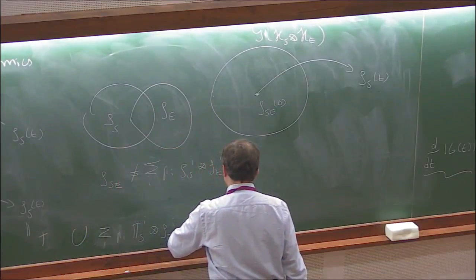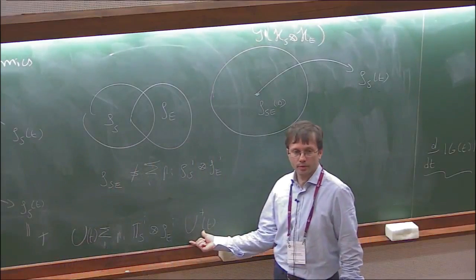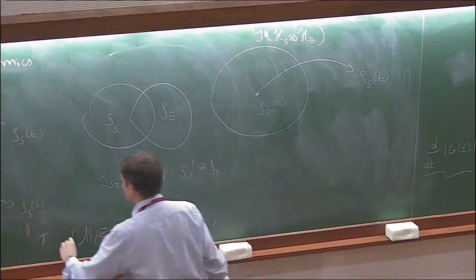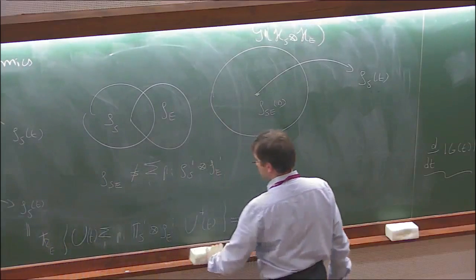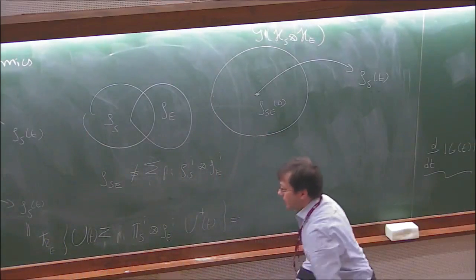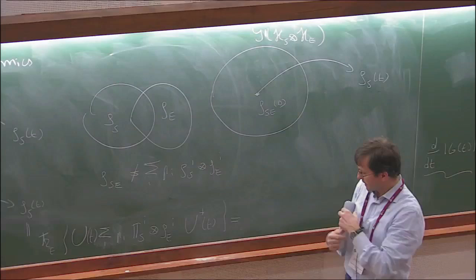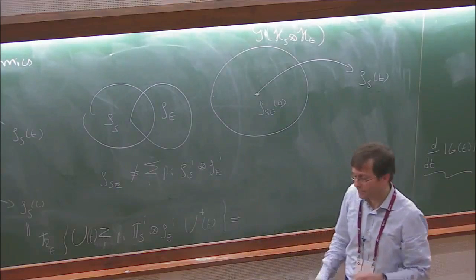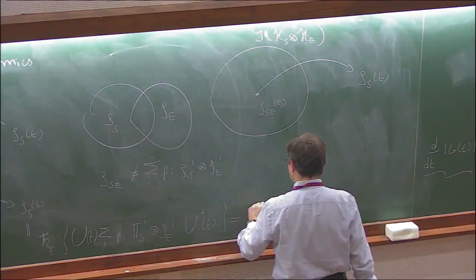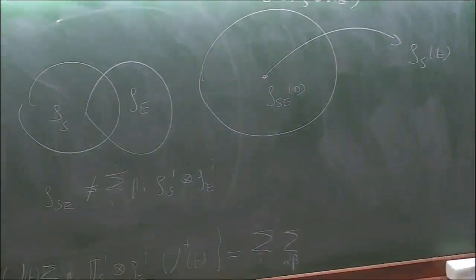Consider a unitary evolution U(t). This is an operator on both system and environment, and take the partial trace. This is what you have to do. This gives you, in any case, the final state of the system. Now, the point is whether this can be expressed as a map acting on rho S at time t0. And one can immediately see that this can be done by introducing a sum over i, sum over alpha beta of certain Kraus operators, which I can write as follows.